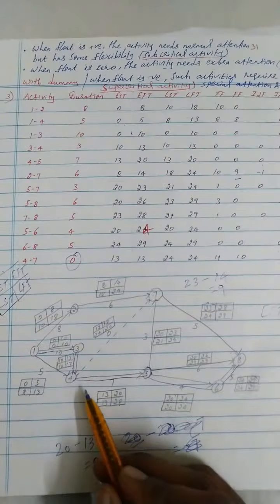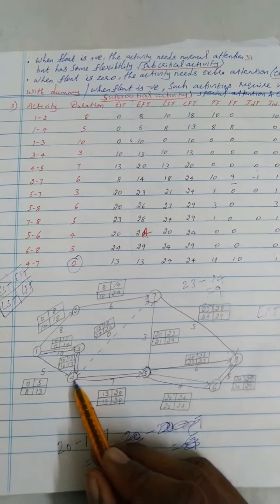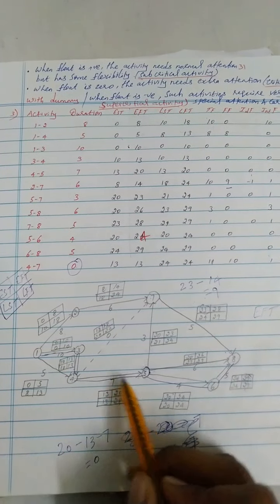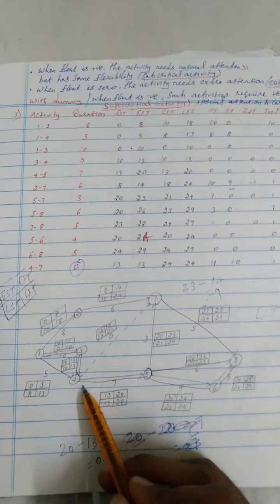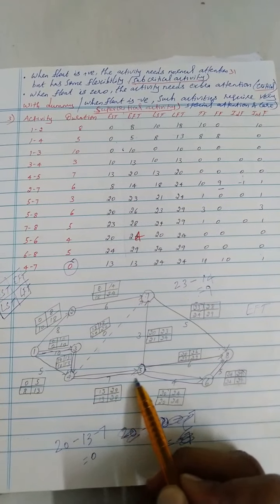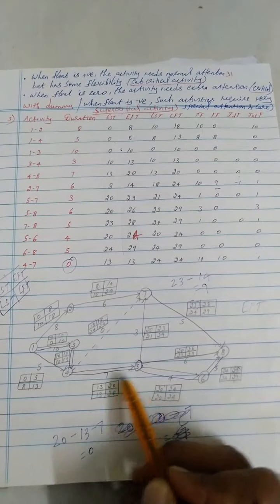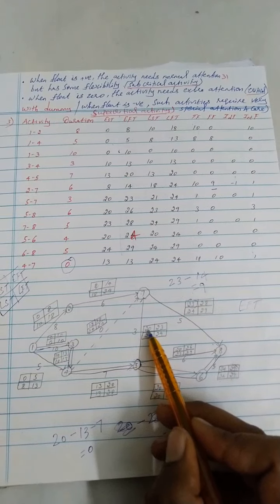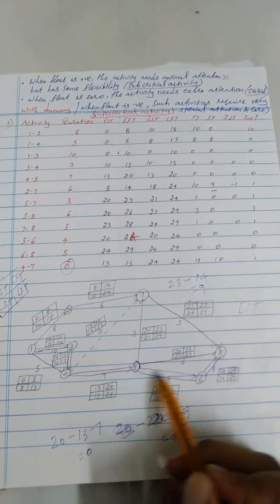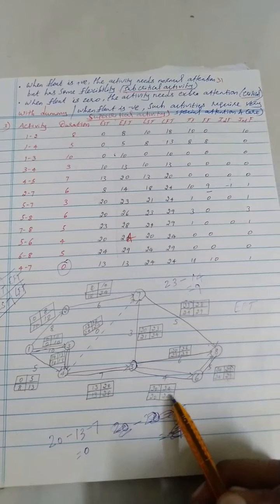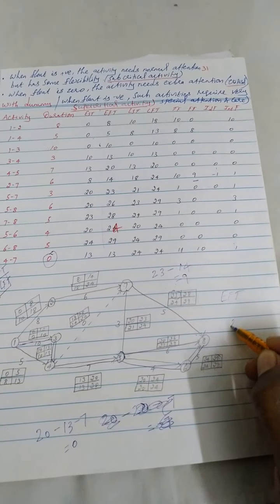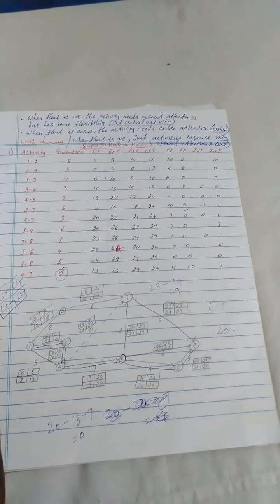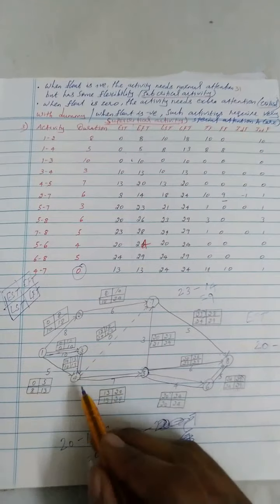Now consider the activity 4 to 5. For the activity 4 to 5, you have 3 succeeding activities and 2 preceding activities. That's why I take this one as an example to find the independent float. So you know the formula: minimum of EST of succeeding activity. Here the succeeding activities 3 to 7, 5 to 8 and 5 to 6 all have EST 20. So you take 20 here, minus the minimum LFT of preceding activity, that is the latest finish time of the preceding activity.